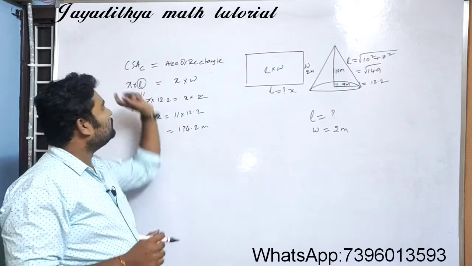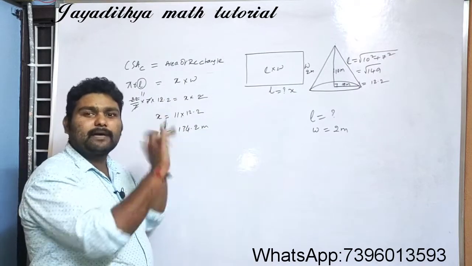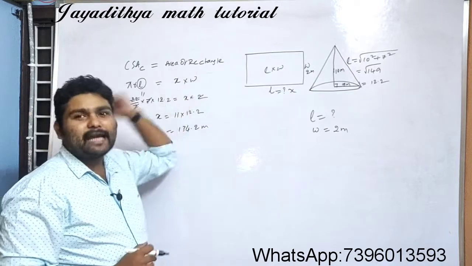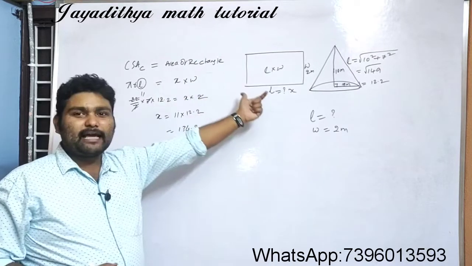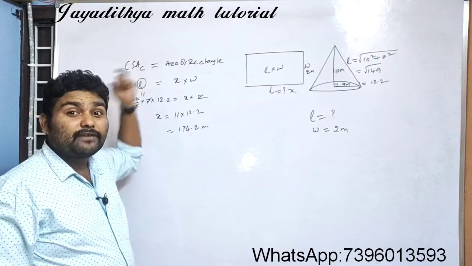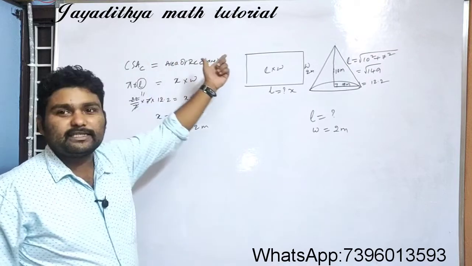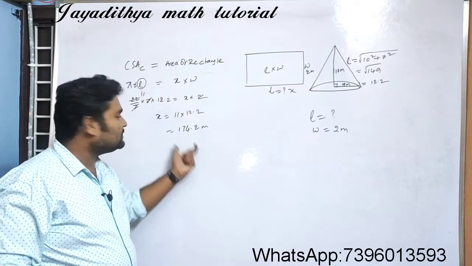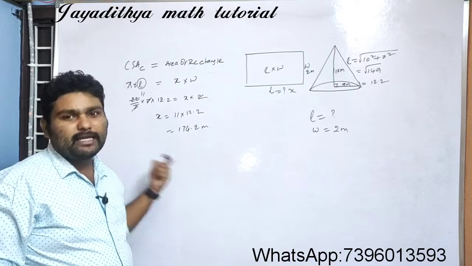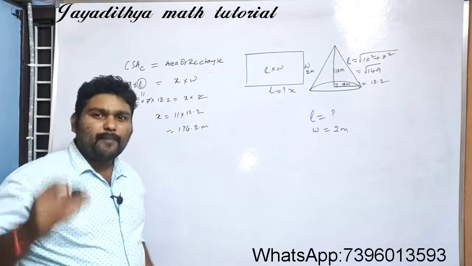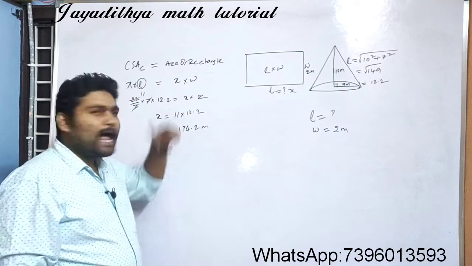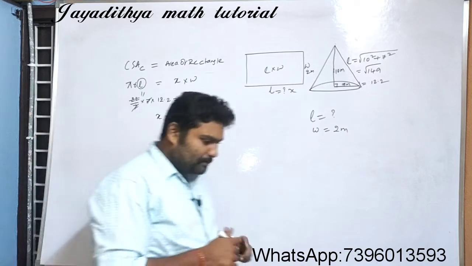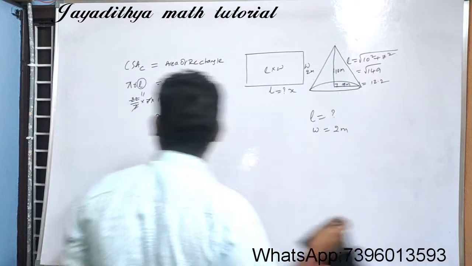So the problem is very, very simple. In your example, each and every part is done separately. You can do it separately and equate both, or you can directly write a statement: the area of this rectangular cloth will be equal to the curved surface area of the cone, right at the starting. Then you can equate it directly. If you equate like this, the problem will be very simple. Once you observe the example in your textbook and you see this problem, you decide which method is simple. The answer will be the same here.